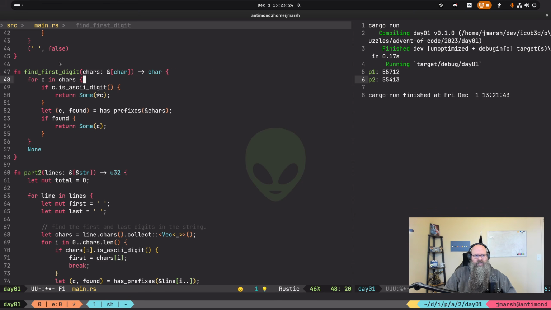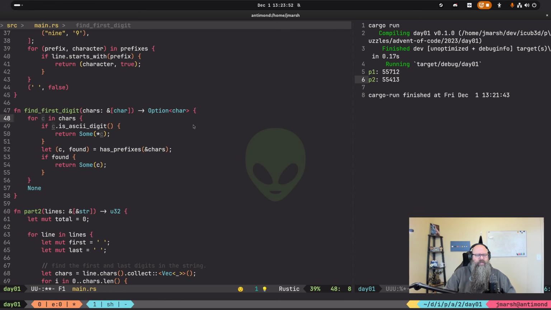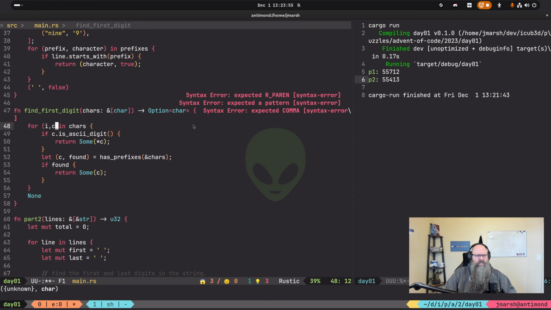They didn't say there might not be one. I guess it's easier to do it here. So we do return an option. So we say for C in chars if it's a digit, else if C found in this doesn't quite work. This expects this pointer to a string. So we will have to do like a